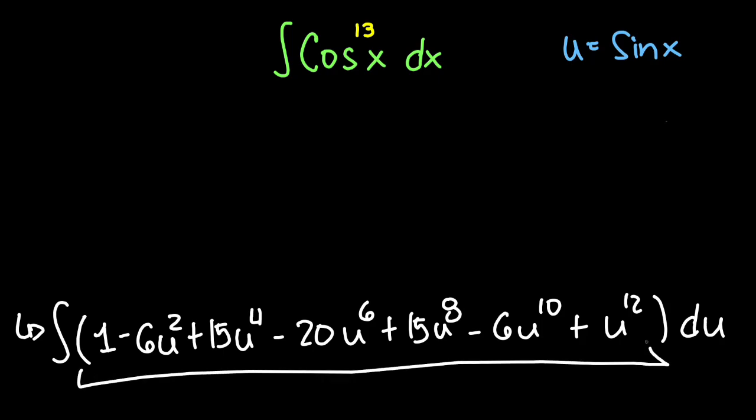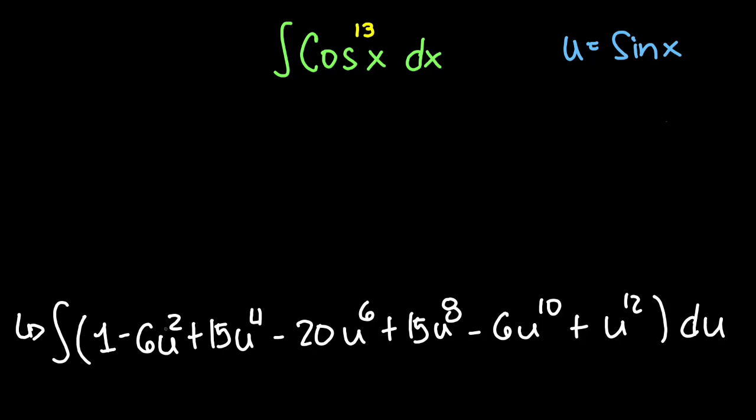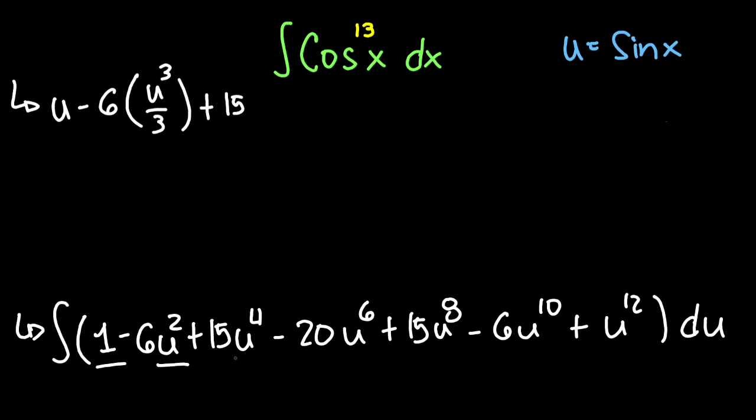Now that we have our values in here, the next step would be to integrate this one by one via power rule. Starting with this, the integral of 1 of du would be simply u minus 6 multiplied by the integral of u squared would be u to the power of 3 over 3 plus 15 multiplied by the integral of this, which would be equal to u to the power of 5 over 5 minus 20 multiplied by the integral of this, which would be u to the power of 7 over 7,